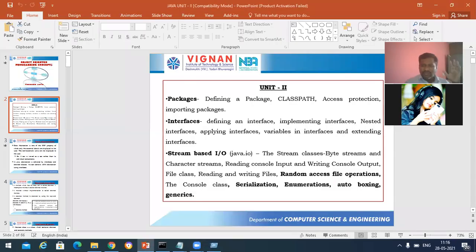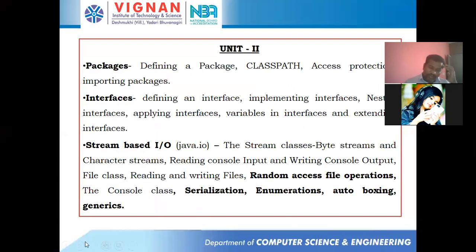So let's discuss. Okay, don't worry, students, about these files and all. I will be taking care of those things. Don't worry. And I think most of you are clear up to interfaces. Files anyhow, you'll be having some doubt over that. Right now, what we'll be doing here is